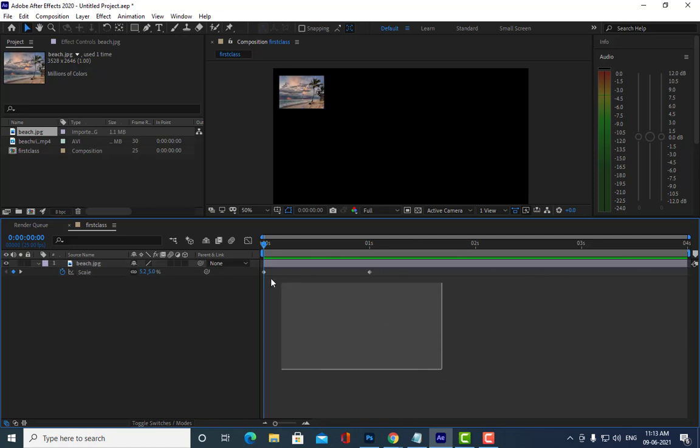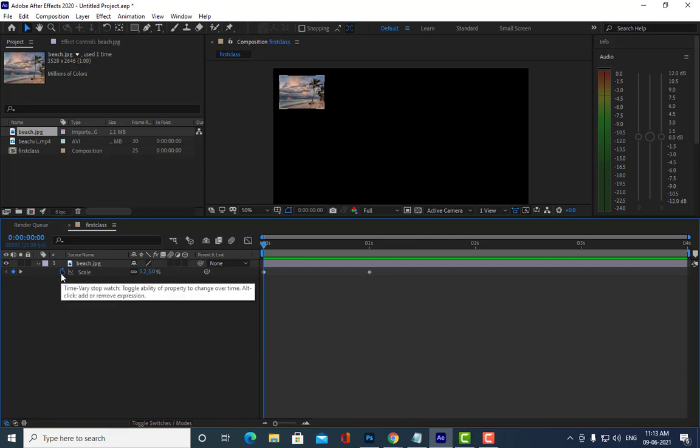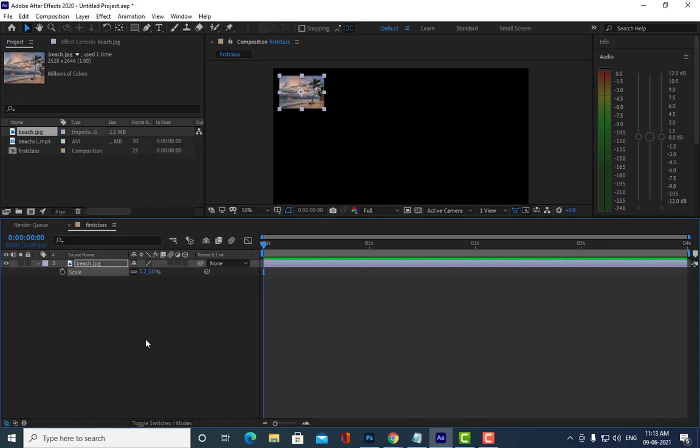I can either draw a selection from outside and then delete, or I can simply click on the stopwatch. If I click on the stopwatch for the scale, all the keys I have created for the scale are gone. Clear now, everybody?